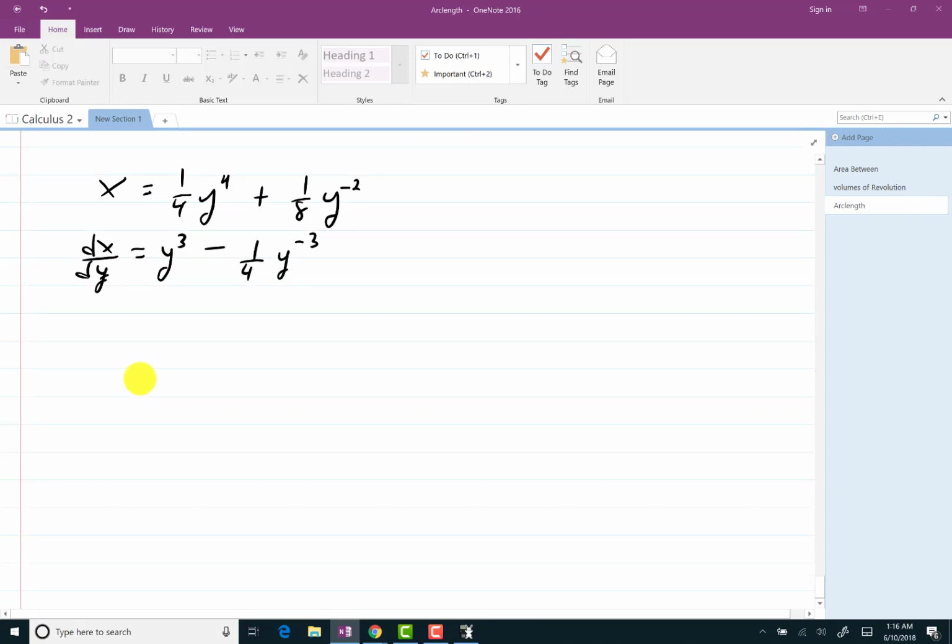And so the arc length then is going to go from 1 to 2. I'm going to get 1 plus y cubed minus 1/4 y to the -3, squared,